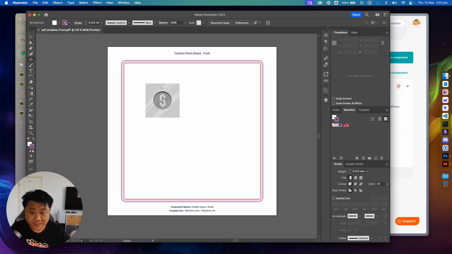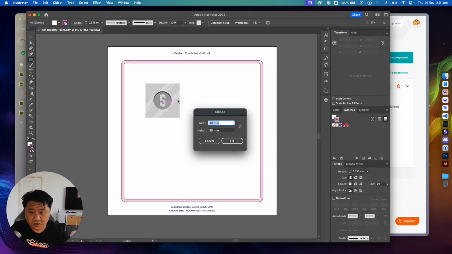So we've already established that this has excess bleed and that what we really want is somewhere in here. All I did was click on the ellipsis and then click again, and I want to make essentially a diameter, width and height, but the diameter is 30 mils. So once I've clicked yes,